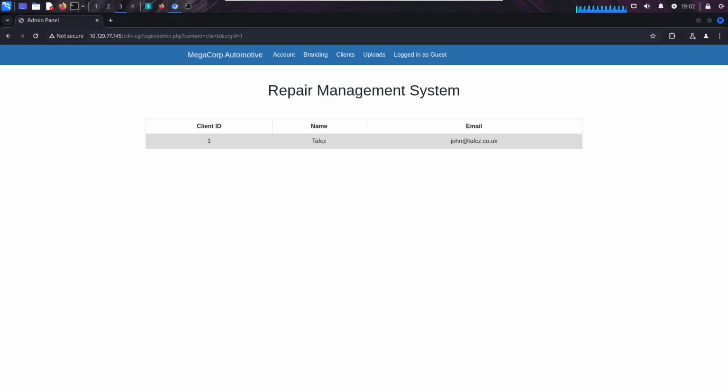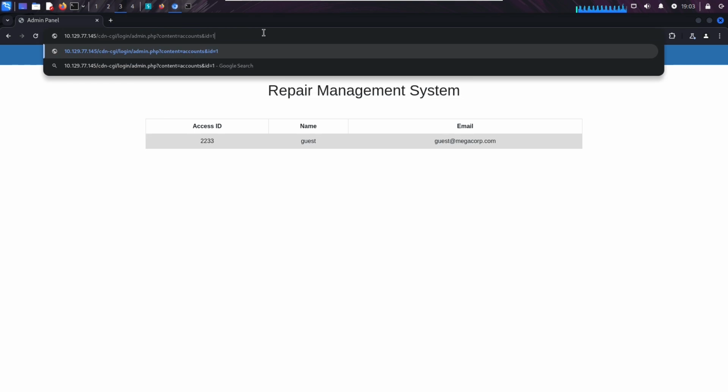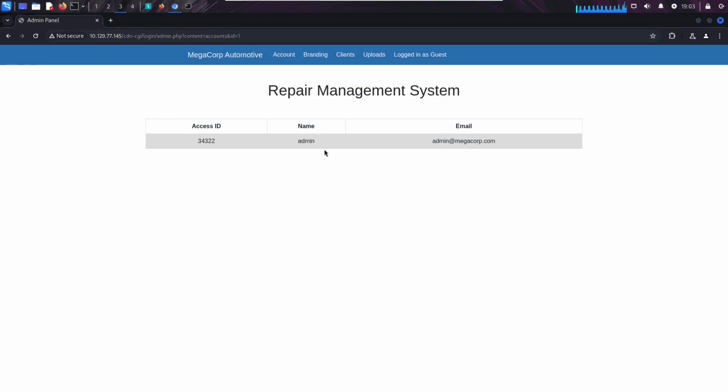we shouldn't see others' client information. Now we can see if we have another vulnerability like this on the accounts page, okay? So we have here a page called accounts, and we have the same situation, but let's see if we can access other people's information just by inserting another number. So let's insert once again a 1 here, okay? So we delete this, we insert a 1, and let's see, and as you can see we have here our admin. Now we have here access ID